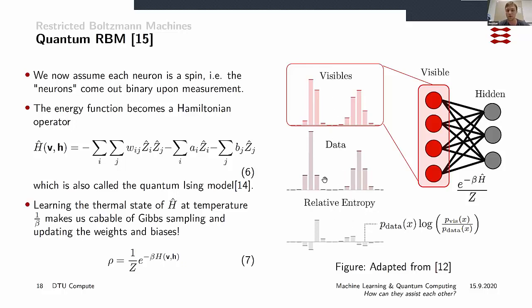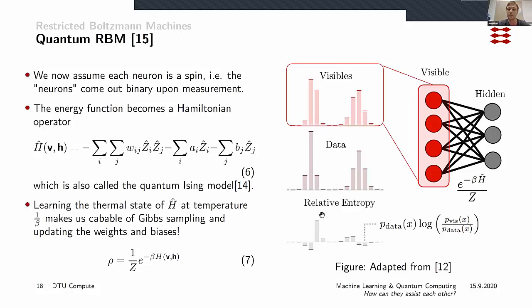So that corresponds to, you can see here that for each of these probabilities right here, where they are very different, the relative entropy is large. And so you can sort of make the analogy that this task right here corresponds to minimizing the relative entropy between the data, the P data right here, and the visible units, right?